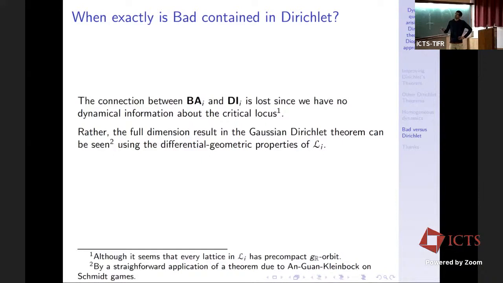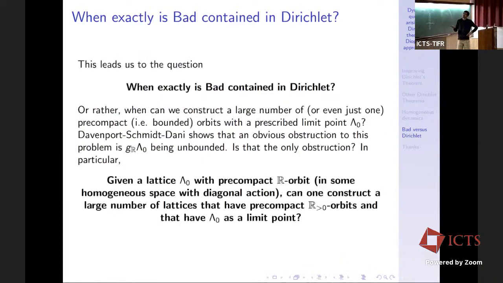But yeah, the connection with bad is lost. And I guess, I mean, somehow I've made a career out of proving Dirichlet theorems and saying some set is winning. And then sometimes I'm saying, oh, it contains bad, so it's winning. And sometimes I'm saying, oh, by Arndt-Kleinbach, it's winning. And I guess this is a question that Barak at some point asked me, although he doesn't remember it. And other people said, what is the relationship between bad and Dirichlet? So, well, we took your comments seriously.